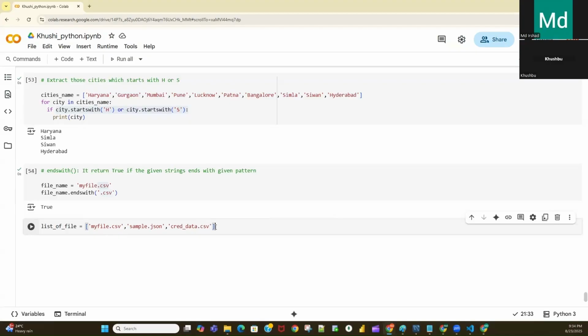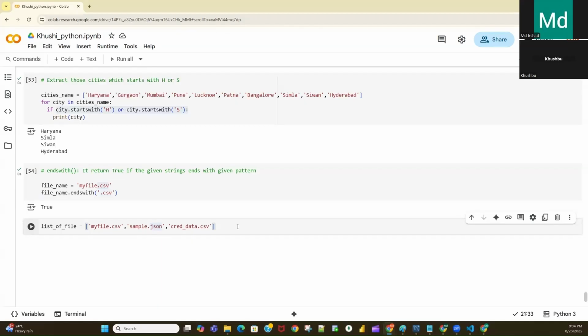So you have multiple files, and your requirement is that you need to read only the csv files. Before reading, you need to first filter out which are your csv files, because this list contains csv files and also the sample json file. Once you get only the csv files, then you need to write the logic for reading the file.